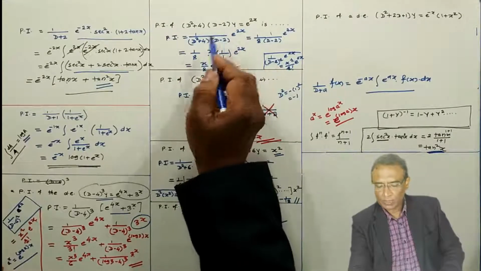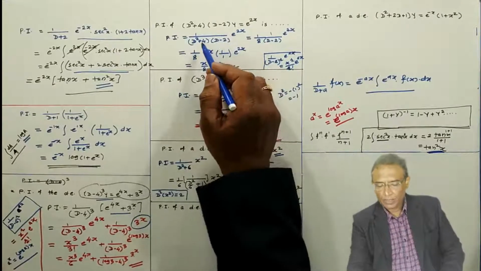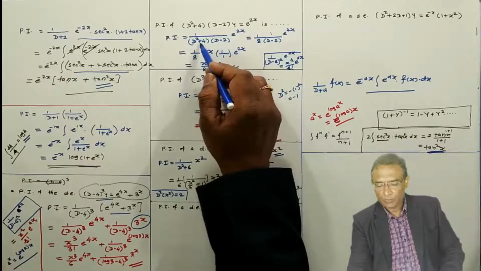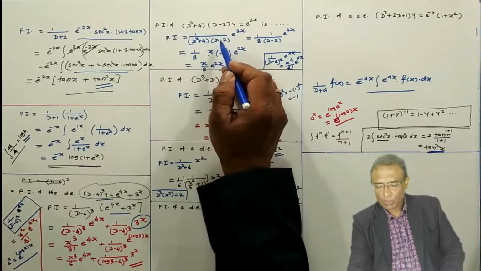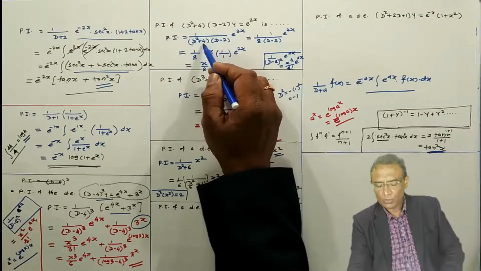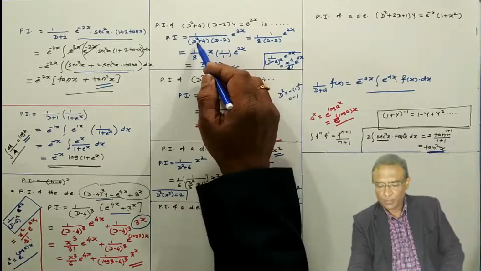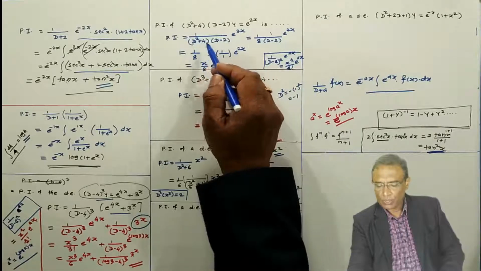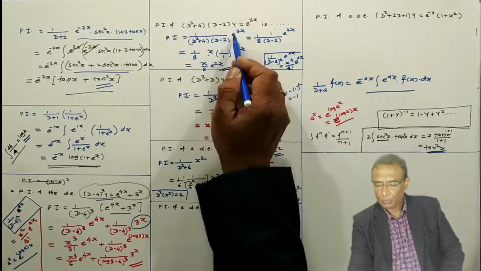Now the particular integral of this differential equation. Operate this operator on the right hand side. Here we have the product of two operators, but this operator is going to become 0 for D equal to 2. You don't operate this operator initially. This operator is not going to become 0, therefore operate this operator. Put D equal to 2, means 2 square means 4, 4 plus 4 is 8, and 1 by D minus 2 on 1 is equal to x.